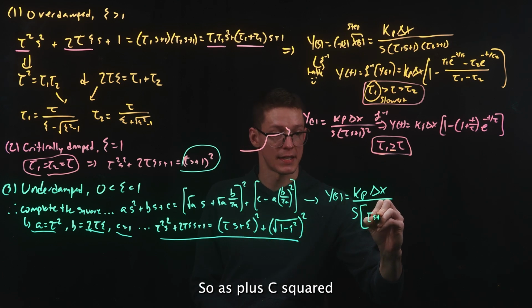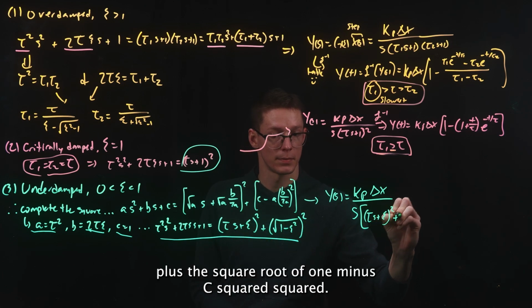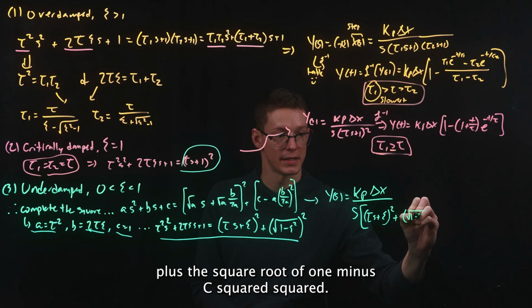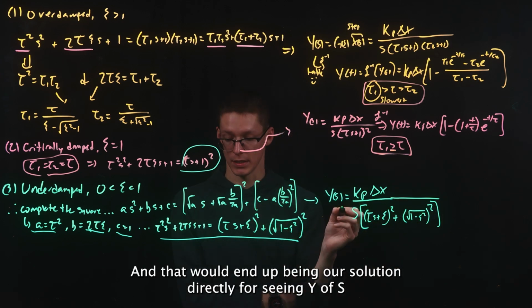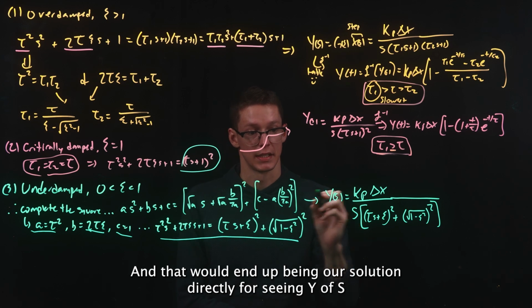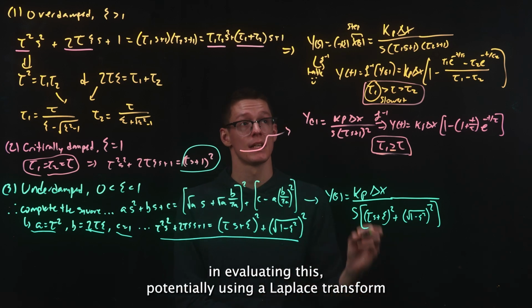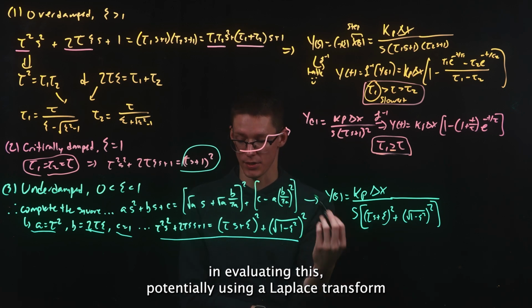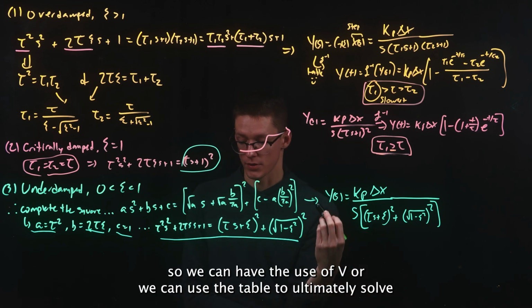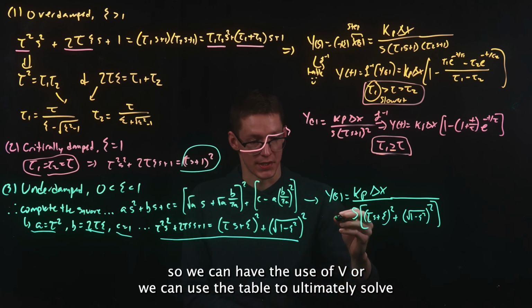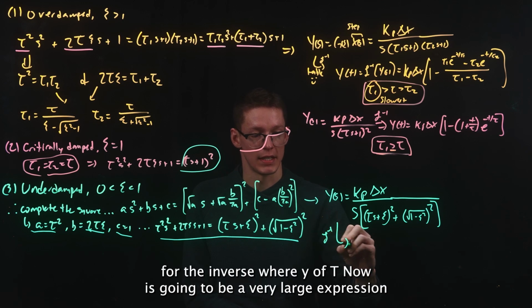So (tau s plus zeta) squared plus the square root of 1 minus zeta squared, squared. And that would end up being our solution directly for seeing y of s based on the step function that we're using in x of s and evaluating this potentially using a Laplace transform. So we can either use partial fractions or we can use the table to ultimately solve for the inverse,